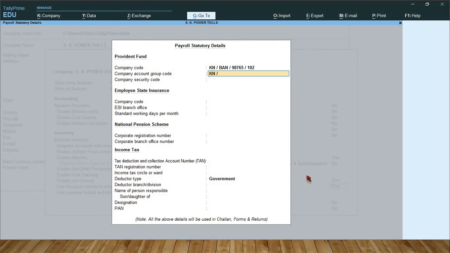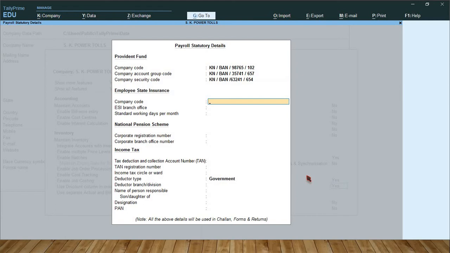KNBAN 35741 657. Company security code. KNBAN 63241 / 654. So this is the company code number format.